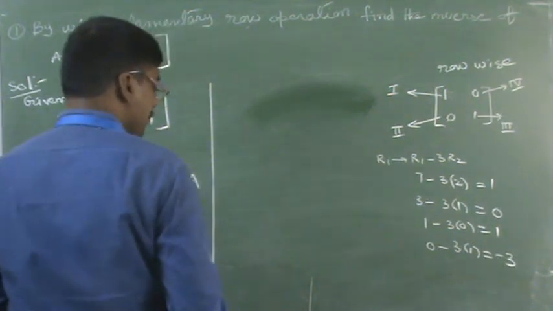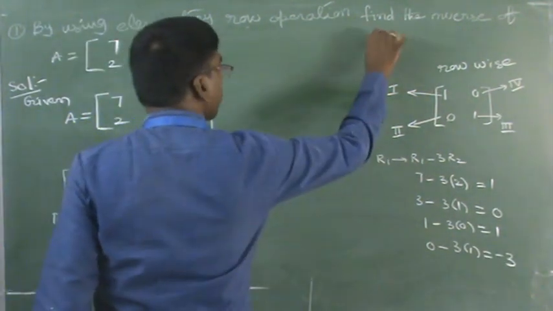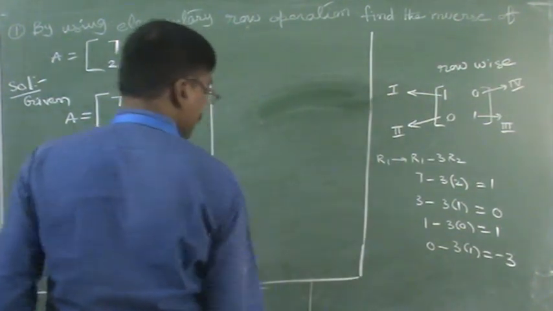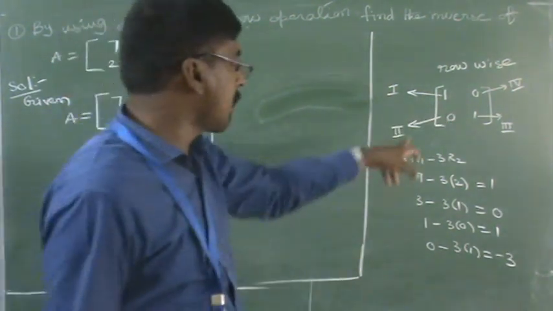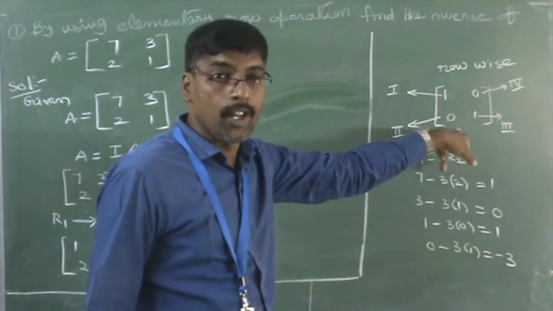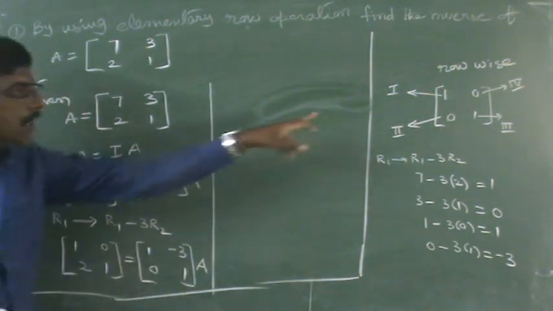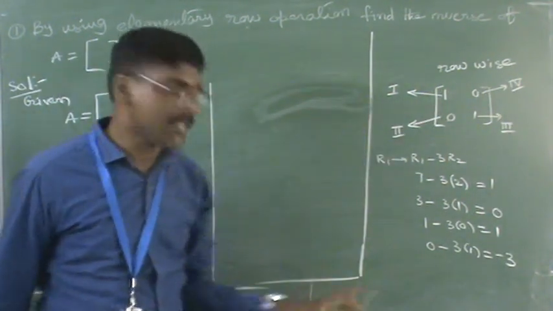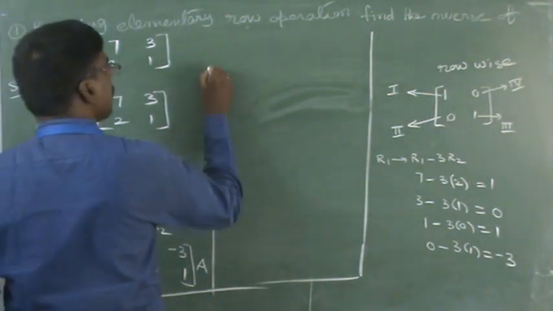What is the second step? See the second step. The next element's place value should be converted to 0. So this place value 2 can be converted to 0. How can this place value 2 be converted to 0? By using some operations. How do we use them? See, I am writing an easy example.